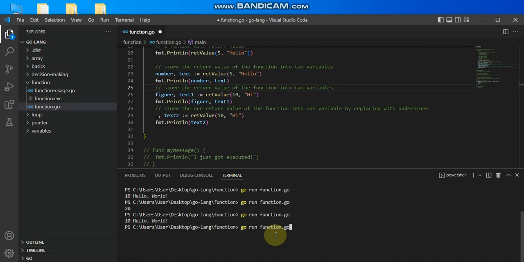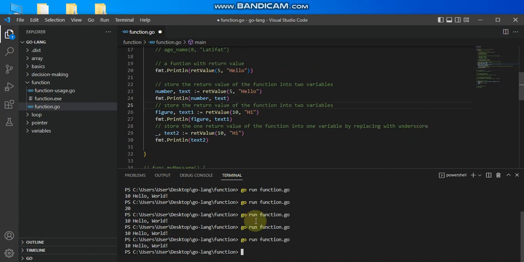So I come here to execute and compile my code. So I should be expecting, as you can see. So that is about return value for